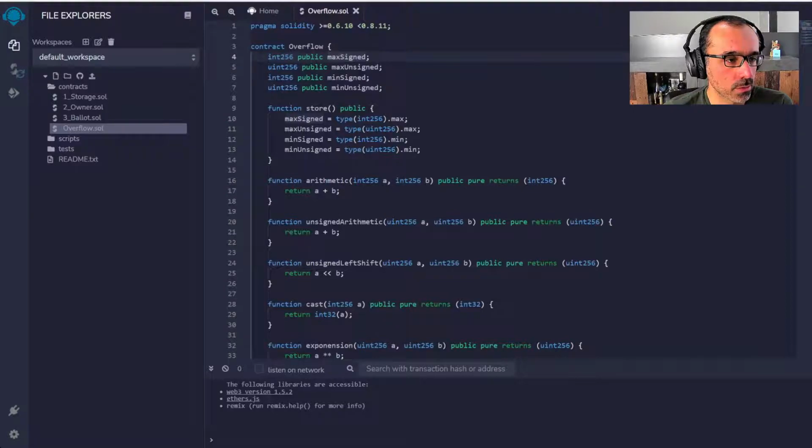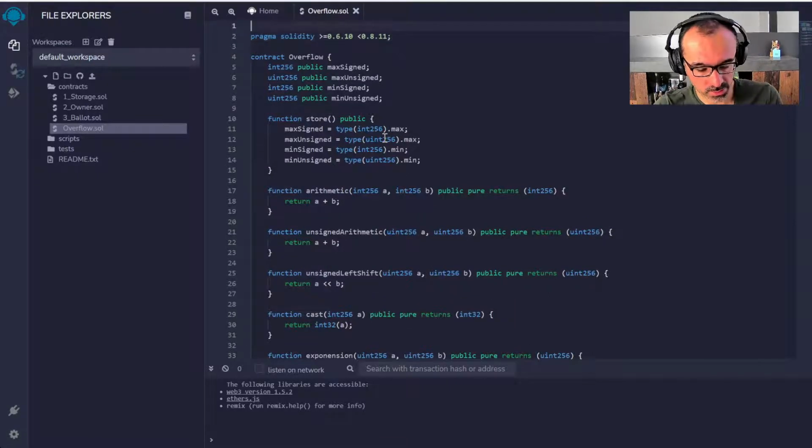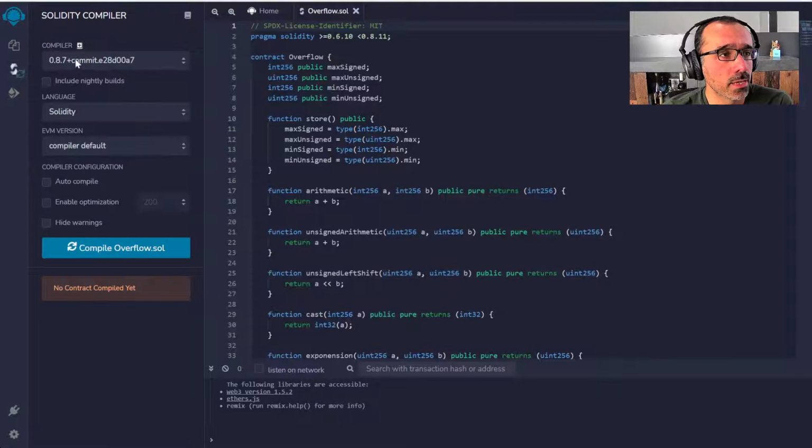I should also do that, that first line on the top, because it will complain about the licensing line. You head to Solidity here and select the right version of the compiler. In this case, I'm going to start with the minimum supported compiler version for this contract, which is 6.10.